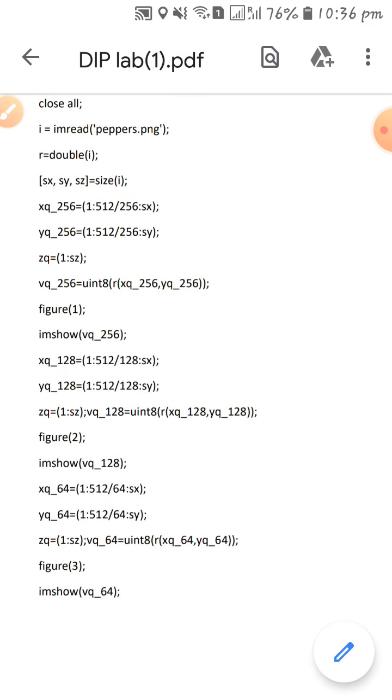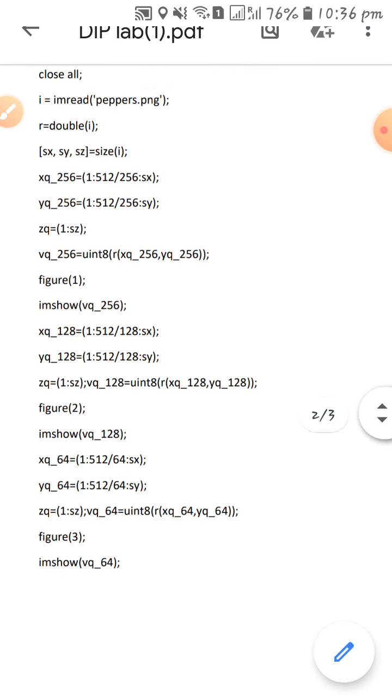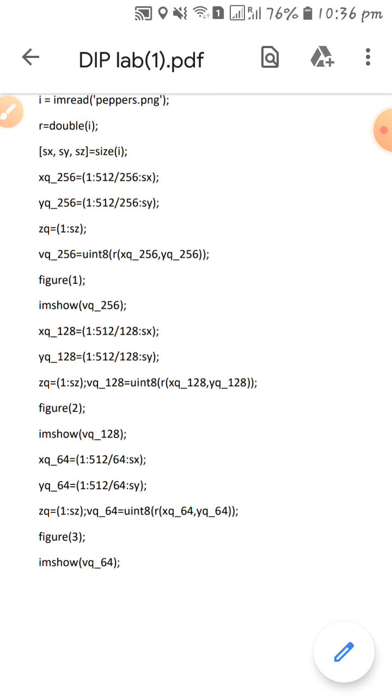Then we are creating an array which consists of three variables, sx, sy and sz. These three variables will be assigned the size of the image. I is the image, so size of I is the 3 channel, that is RGB image. So we are taking the size of each channel and loading it into individual variables.